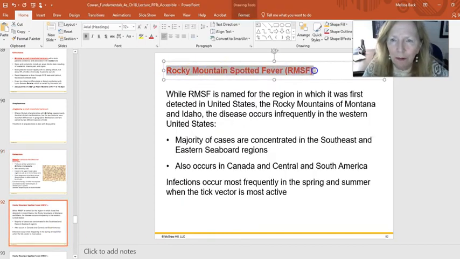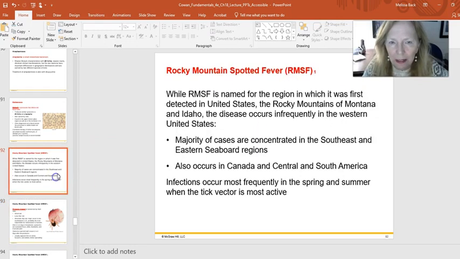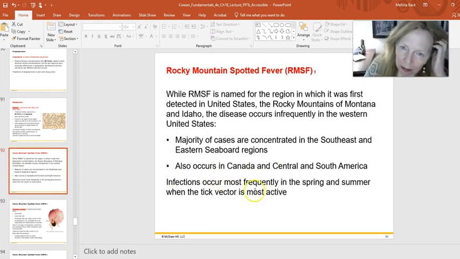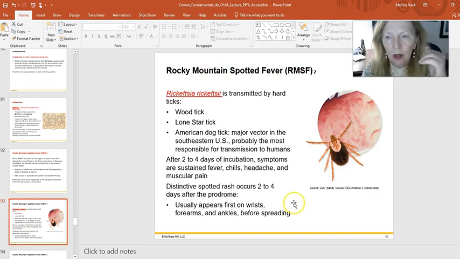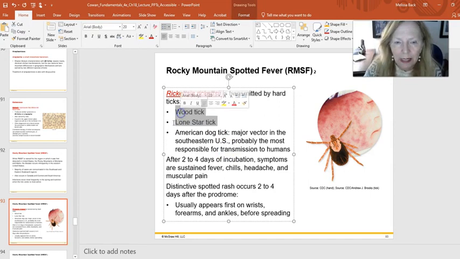Rocky Mountain Spotted Fever, again, is caused by Rickettsia rickettsii. I'm sure that'll be on the next slide or two. There it is. It's transmitted by ticks. What this can give you, doesn't always, but what this can give you, and it is endemic in this area, is a petechial rash. So you'll see this rash that can be all throughout the body. Again, transmitted by ticks, all throughout the body.